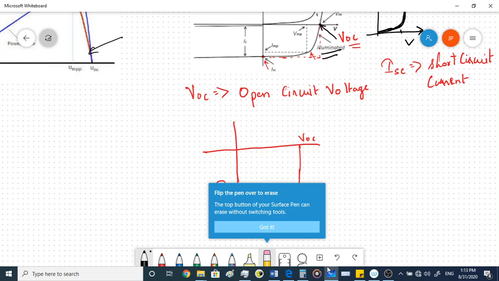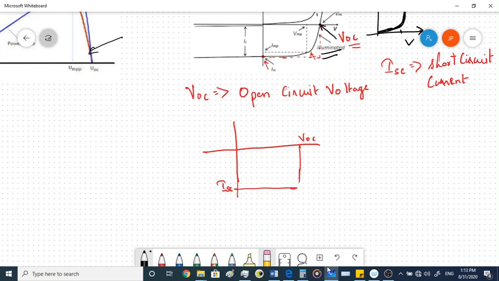Right? Yeah, so this should have been your ideal characteristics of the solar cell, but then you will never get this ideal characteristics. You will always get a curved graph, and the more it tends to this square or the rectangular form, the better the solar cell would be. So generally we would try to get this curve very close to this rectangular shape in order to get maximum efficiencies.